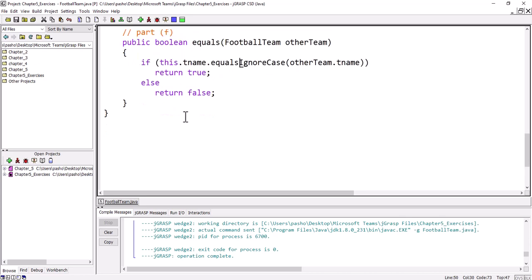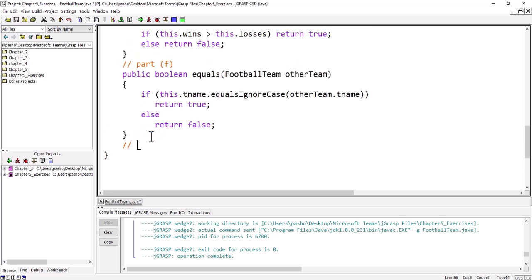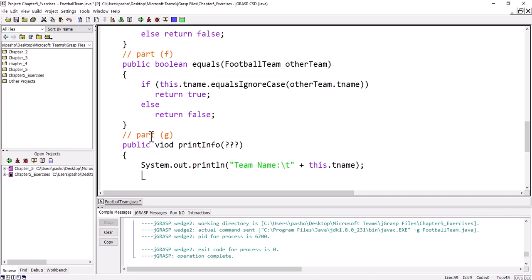Now for part G, so here this is part G, we need to write public. Since it is a printing, most probably it is void, and the name will be printInfo as suggested by the name, and let us see if it needs input or not. So this method simply prints, so it will be System.out.println, and it will print team name, and we will use tab, and then we will print this dot tname, and